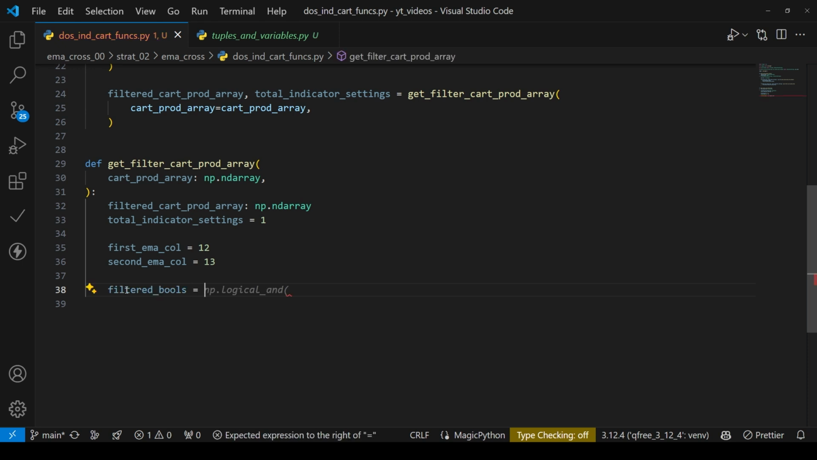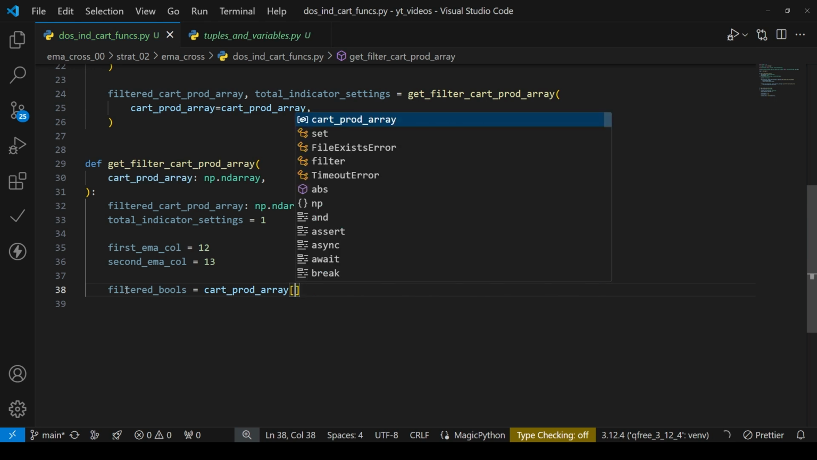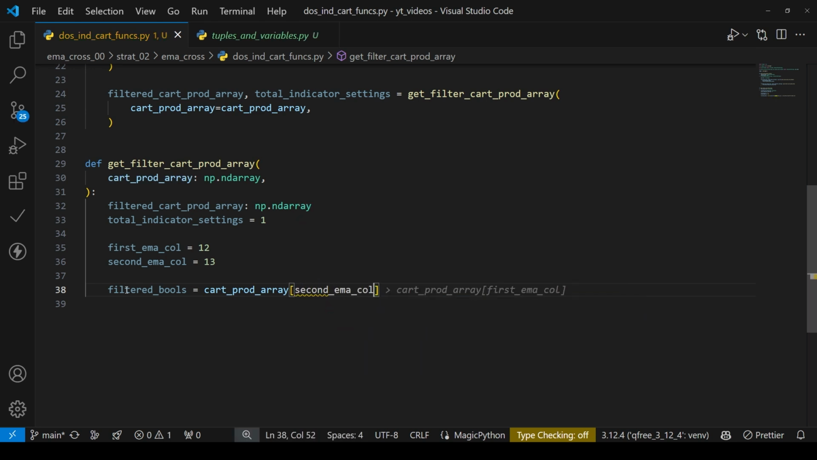And what is this? We want the cart product array, and we want it to be the second EMA does not equal cart product first, right? So we want this, or we could, in order to have it in alphabetical order, I like things to be in alphabetical order, so let's say this. So we're filtering out